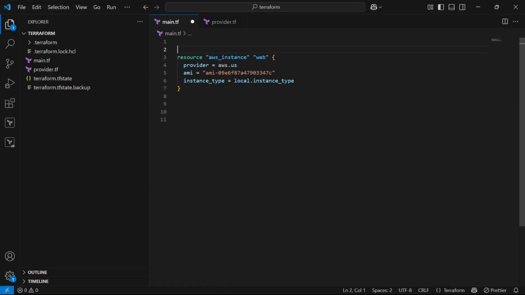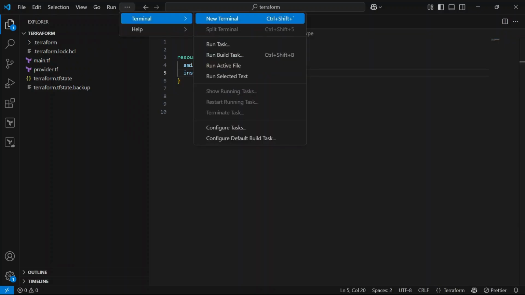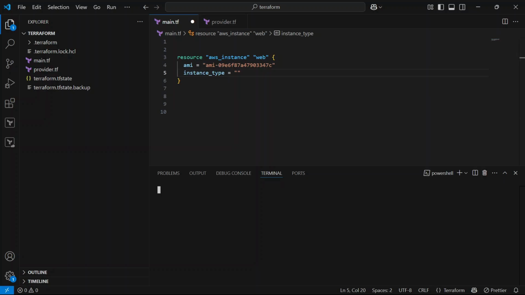So till now I have this configuration file that will create an EC2 instance here. Let me first open the terminal. We have some commands that are useful whenever we are working with workspaces.